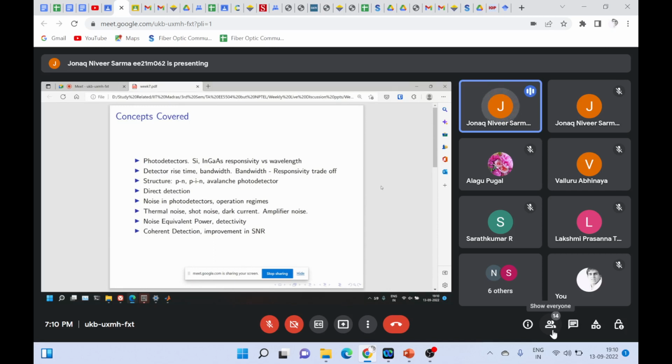And then we discussed coherent detection. Not much in this, but we introduced the basic concepts, like how a local oscillator, which is basically another optical source, will be added to the input signal, how that can affect SNR, how the detection happens, things like that. Although we introduced these signals as time-dependent signals,